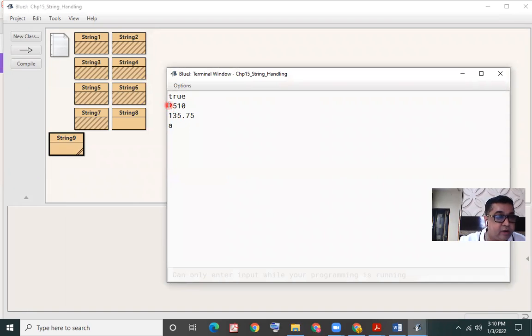Here 2510 is being displayed. 35 is not being displayed over here. 2510 is being displayed. Why? Because this 25 integer value was converted to a string value. 25 is not 25, it is 2 and 5 as a string that you are seeing over here, and along with that the value 10 is concatenated.